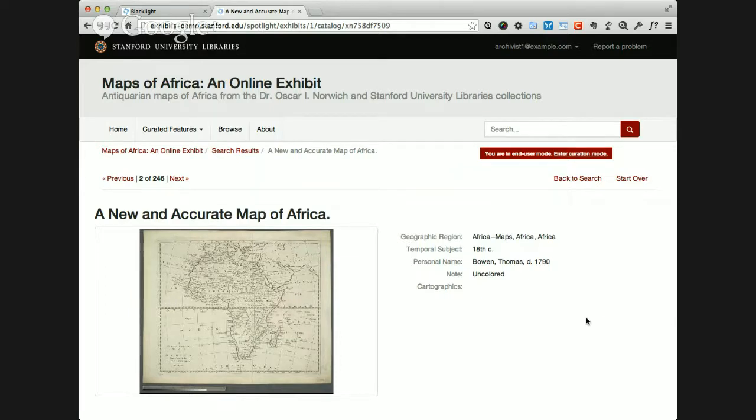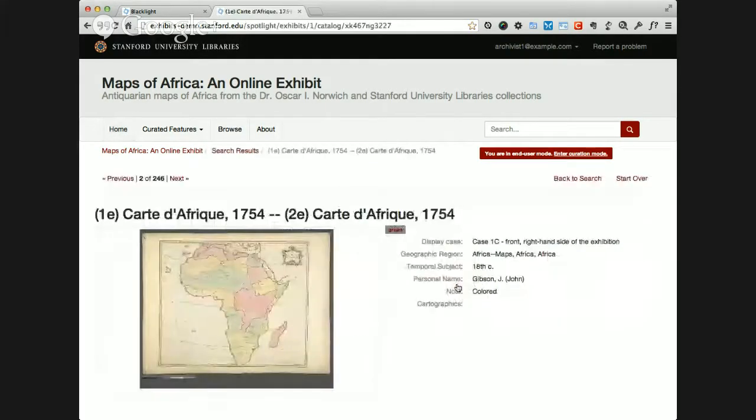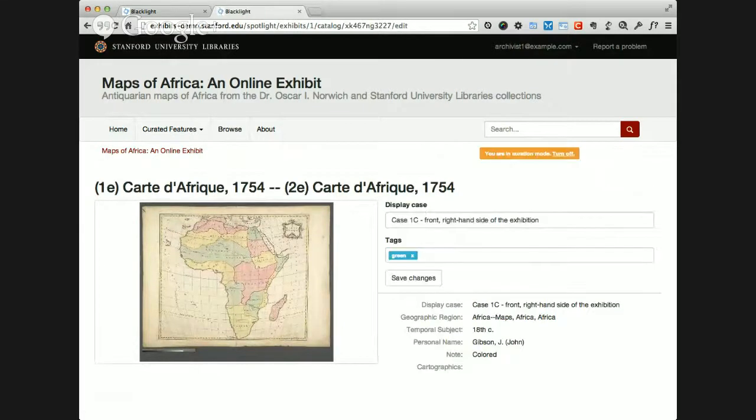While we're on an item detail page, let's actually look at a different item that I've already added some tags for. So this is the end user view, and if we enter the curation view for this item, last week I think we showed how the exhibit specific fields that we added are available for populating here on the item, as well as the fields for